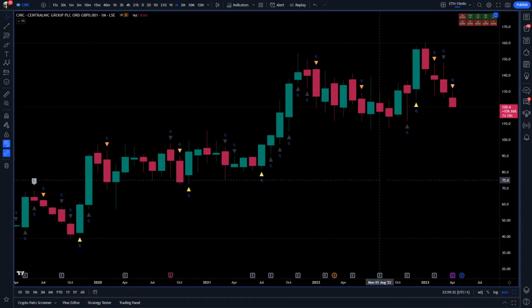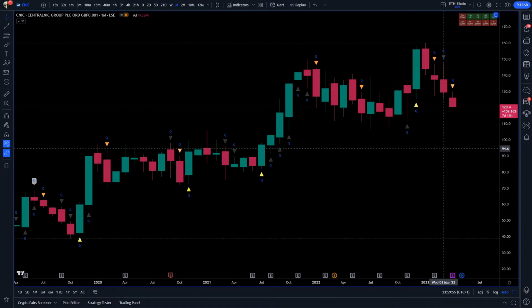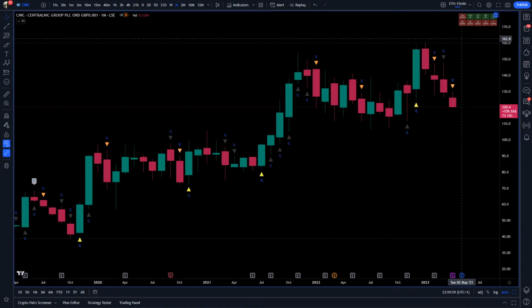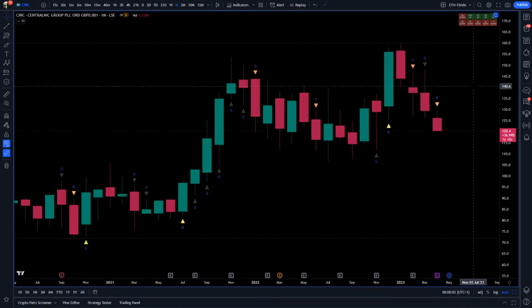This indicator is derived from my trading principle, my trading strategy, which breaks down the market into several layers before we combine them all again together to understand the market structure as a whole. With this indicator, it shows you a simple table right at the top here, and this table is basically telling you